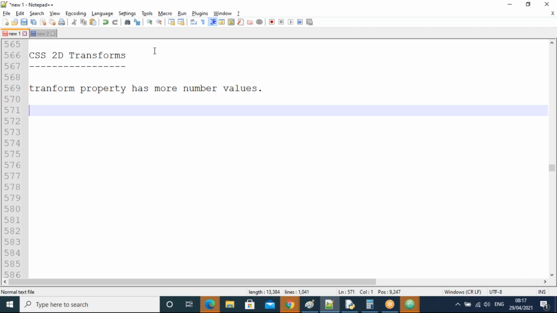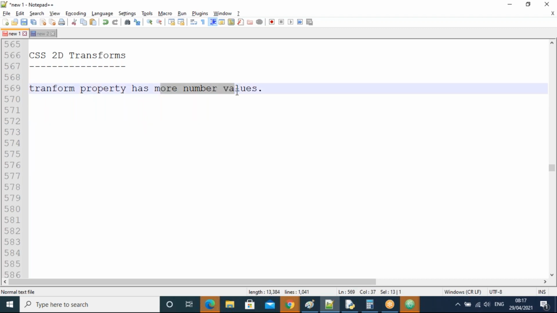So a lot of things we do here, guys. Displaying 50 percentage, angle, 90, like that. Translate. A lot of values are there for the single transform property, right? We'll see all those values, guys.